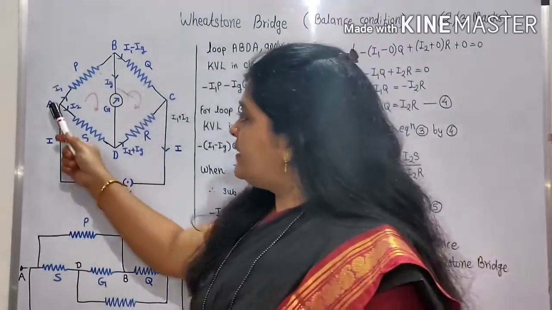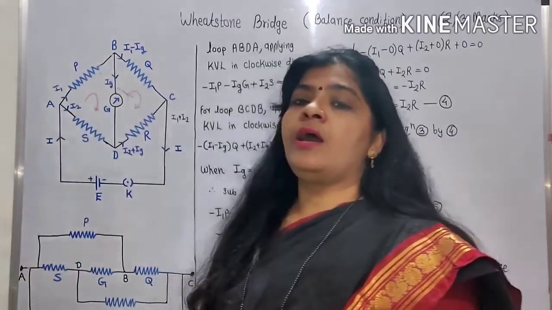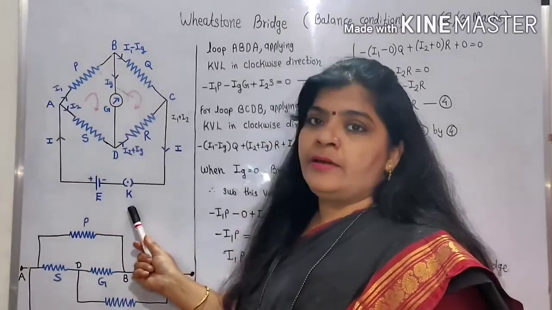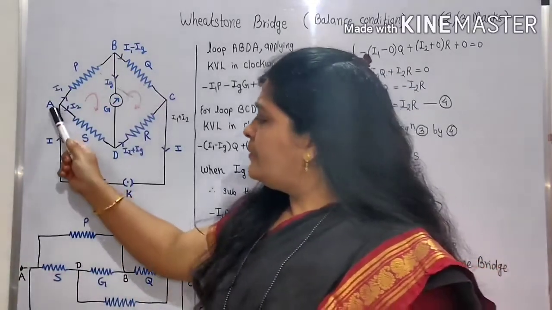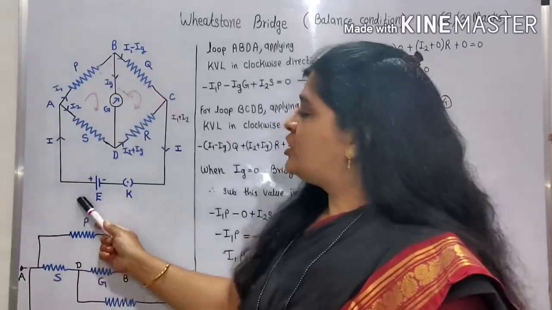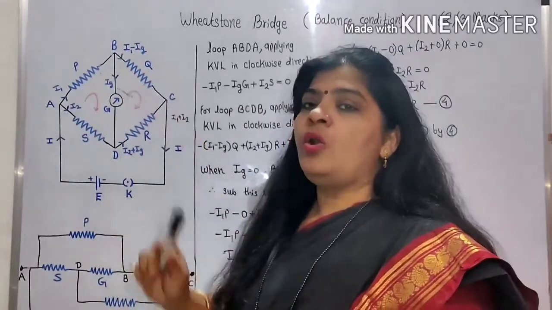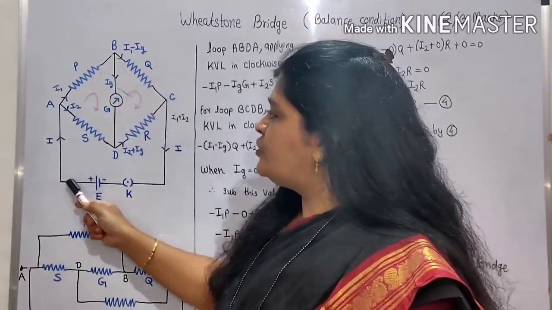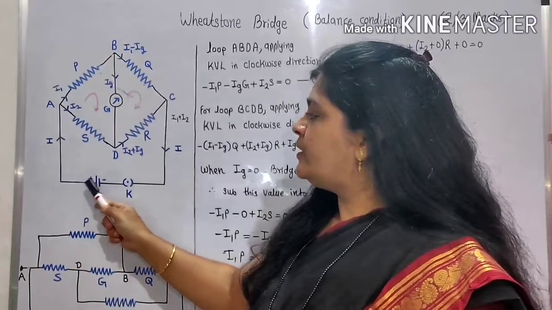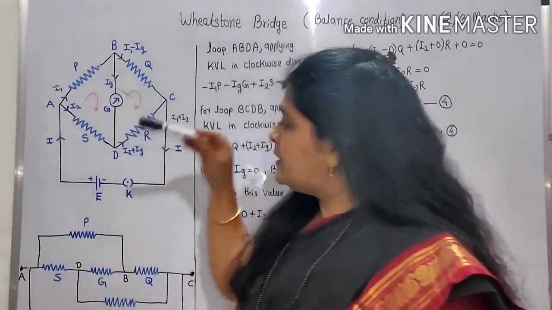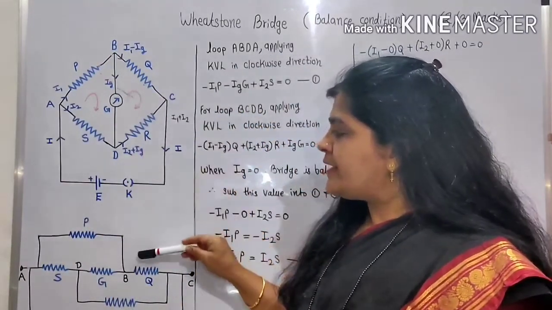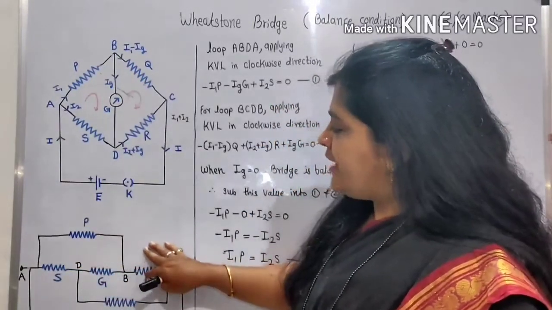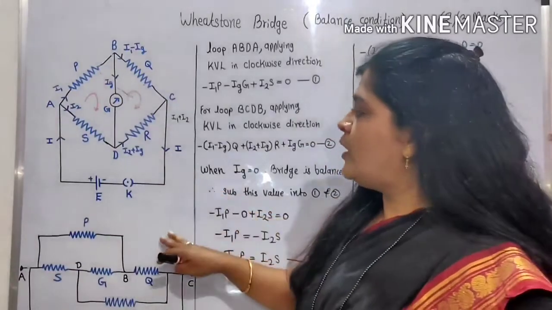Next, the diagonally opposite terminals A and C are connected to the battery and the key. Terminal A is connected to the higher potential and terminal C to the lower potential. Because of this, the current flows from the positive terminal and into the negative terminal. This circuit is similar to the next circuit: if you stretch this diagram, you will get a diagram similar to the previous one.